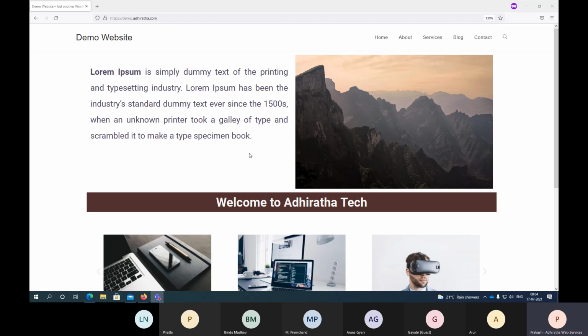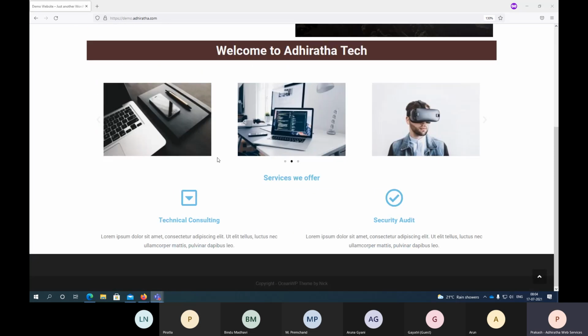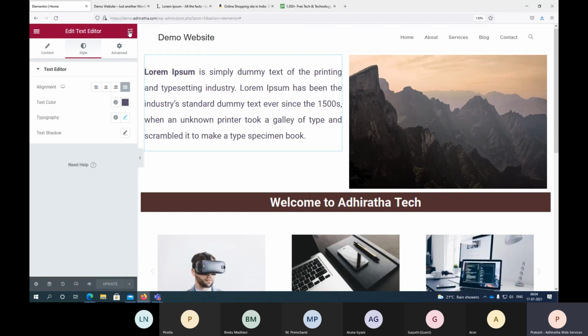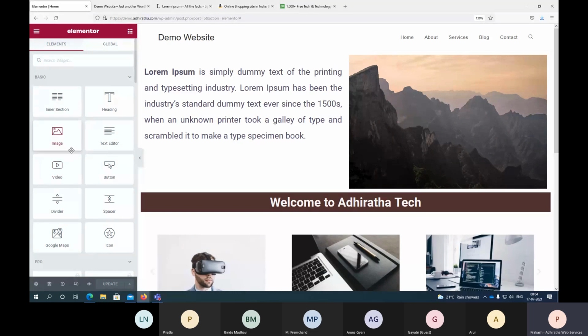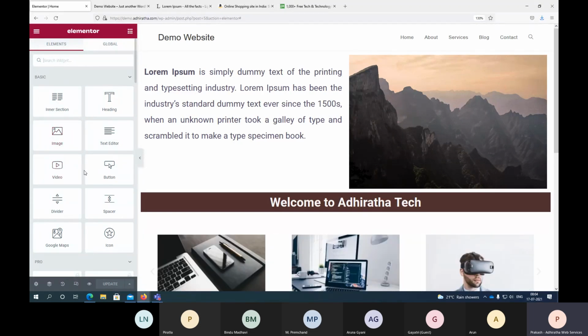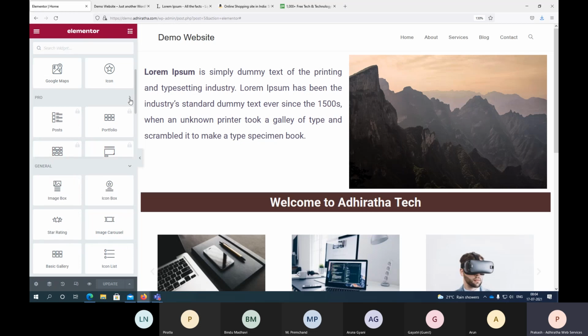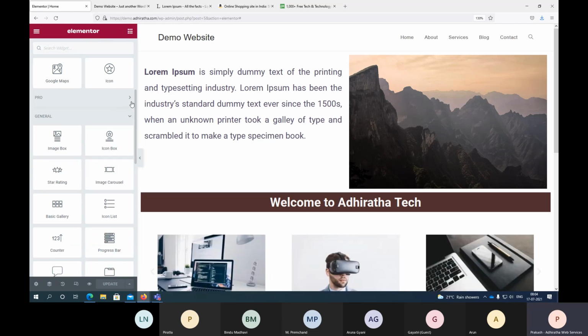Not just a simple page. Like this, if you keep building and keep adding certain things, there are many options here. Once you start working on that, you have a lot of components. So try to explore all these components and what they are.